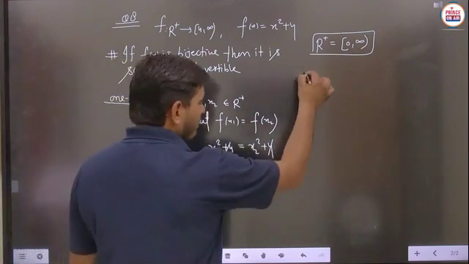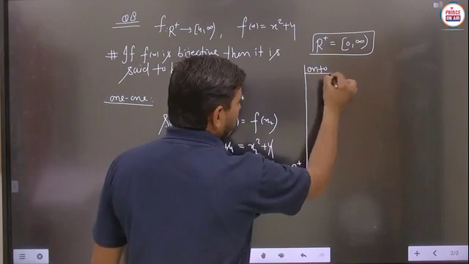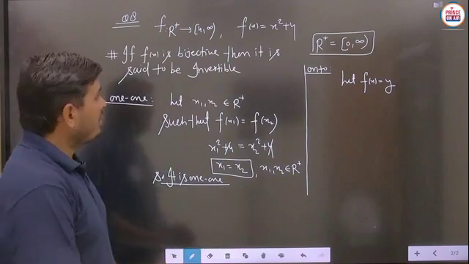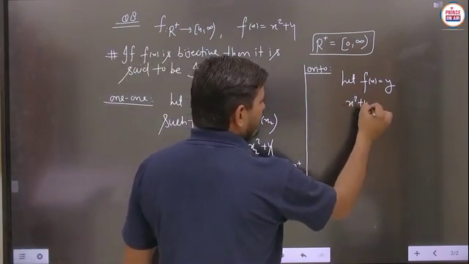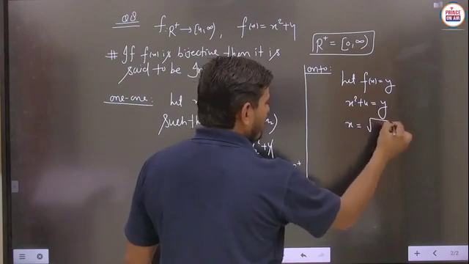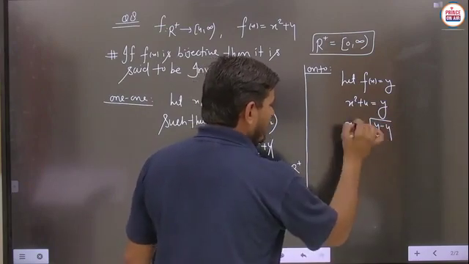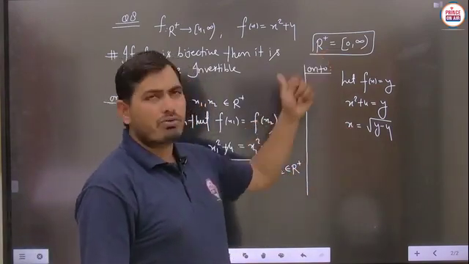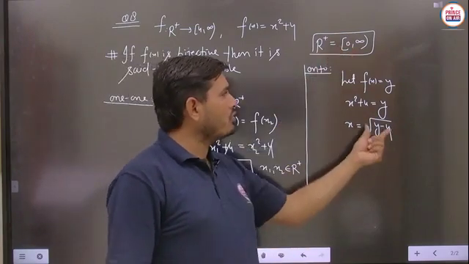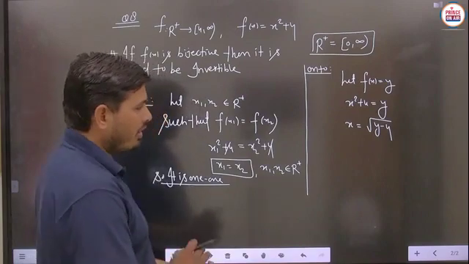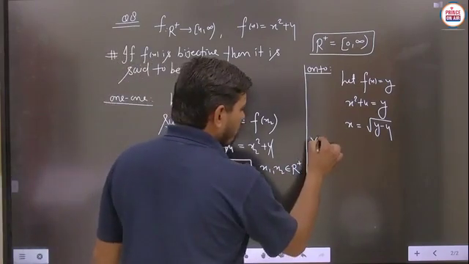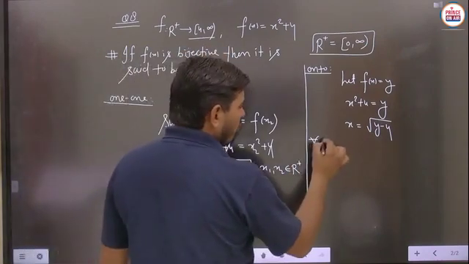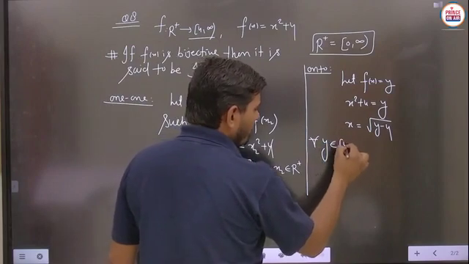Next, students, we will check for onto. For onto, let f of x be taken as y, and in this case you can write x square plus 4 equals y, and x will become square root of y minus 4, because here again we are not using the plus or minus sign, because you know very well that x belongs to R positive, and R positive means only the non-negative real numbers are included here. Now for onto we will check the pre-image of the codomain, and here the codomain is given from 4 to infinity. So for all y belonging to [4, infinity),